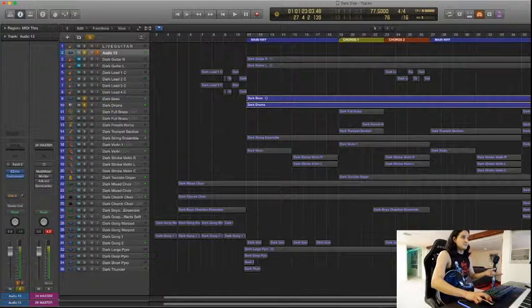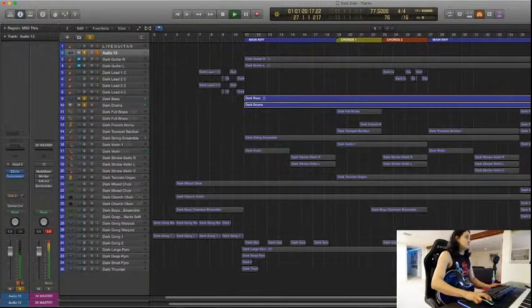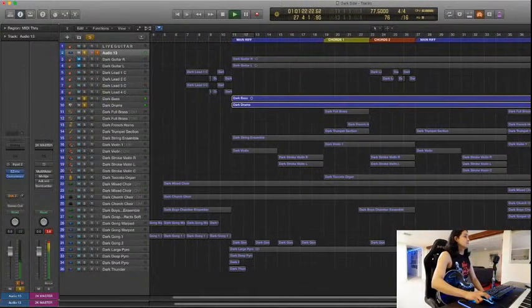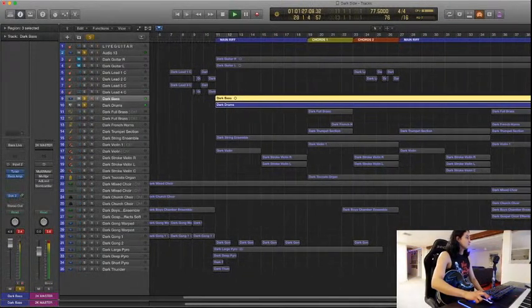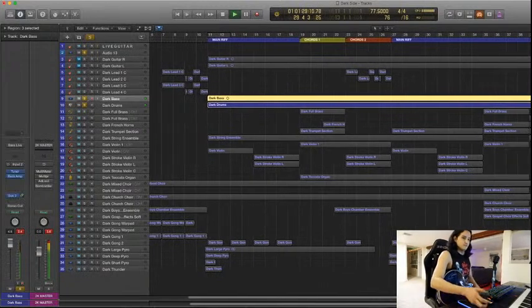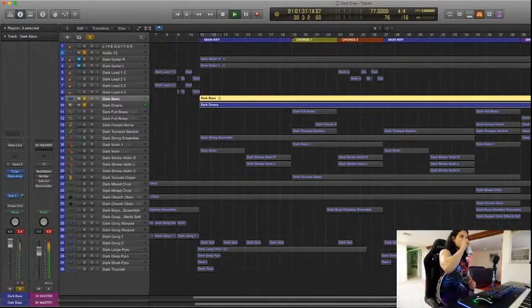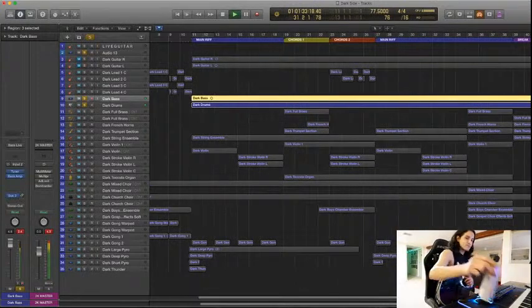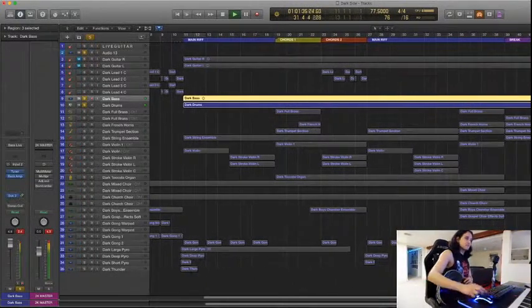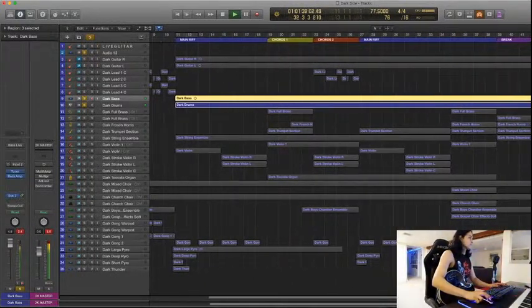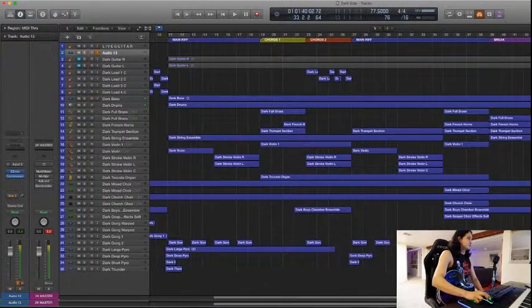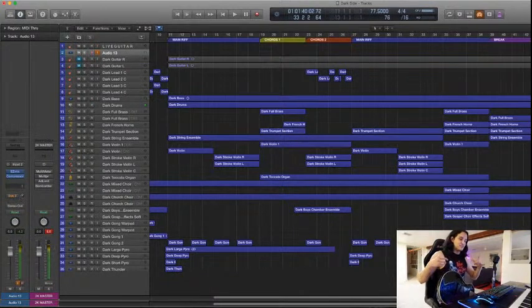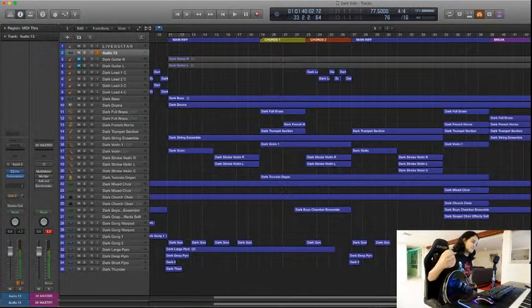Here's just the bass and the drums. I thought it was pretty cool, and if you listen closely, you can kind of hear other themes that